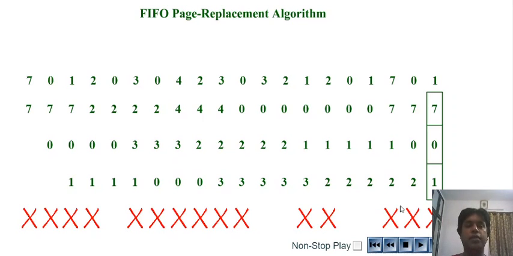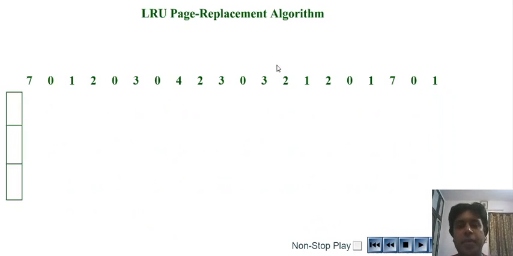Okay, next we are going to start with another type of algorithm which we call least recently used. Okay, so same example we are going to try with least recently used. Now as the name suggests, least recently used is going to make sure the way we replace a page is only with one which is least recently used. So now how it is going to work, we are going to start and understand.